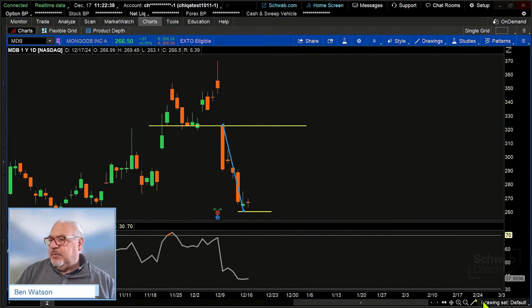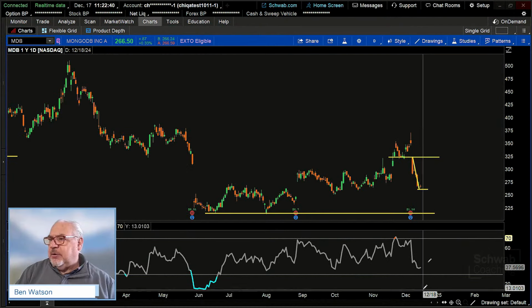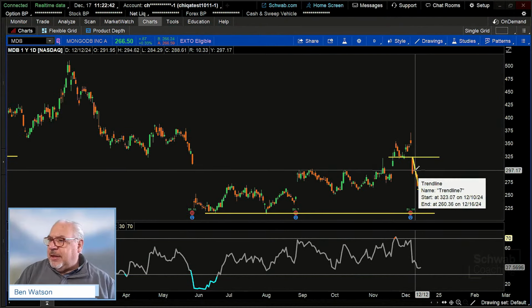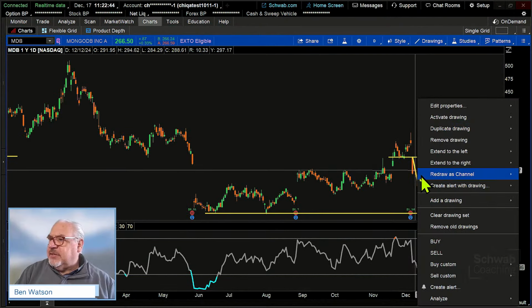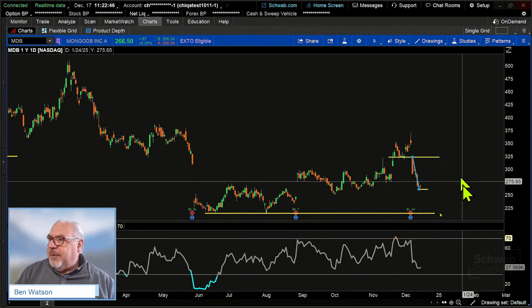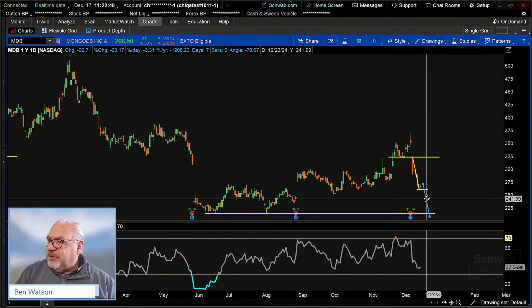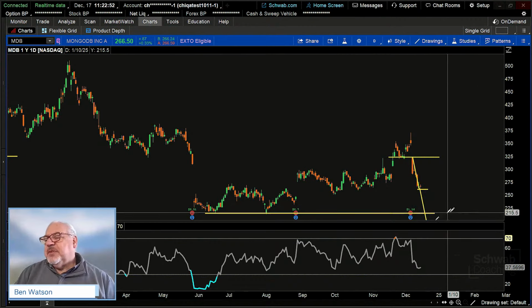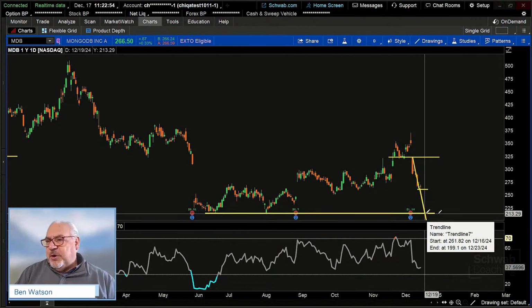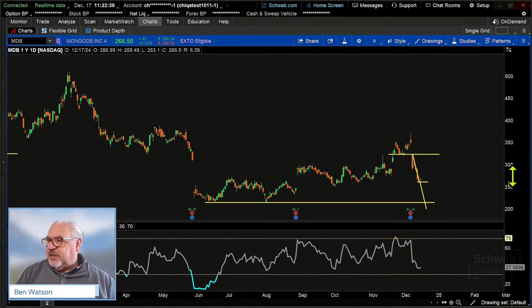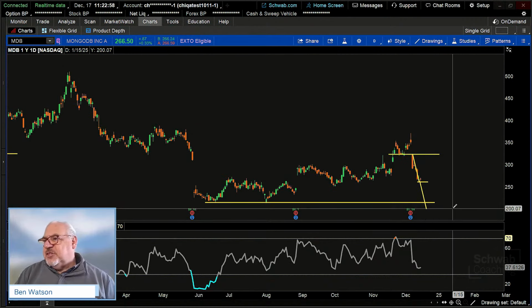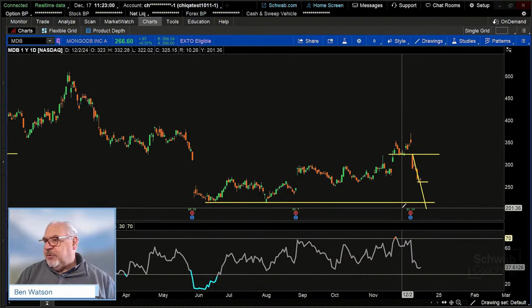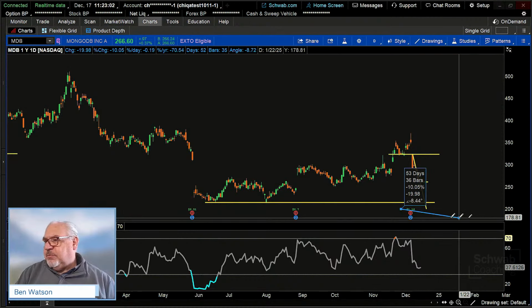Before we grab that, I'm going to zoom back out a little bit. I'm going to grab that line. Now that I've grabbed that once, there we go. And we'll just put it right down here. And that would suggest that our target is going to be somewhere at that support level or below. In fact, if we were to squeeze this down, that would suggest that our target maybe is somewhere right down around that 200 even mark.